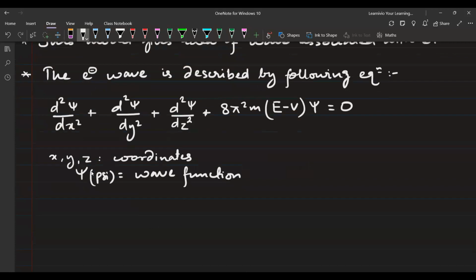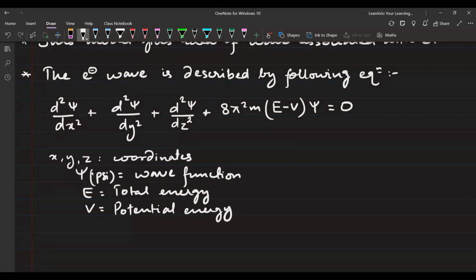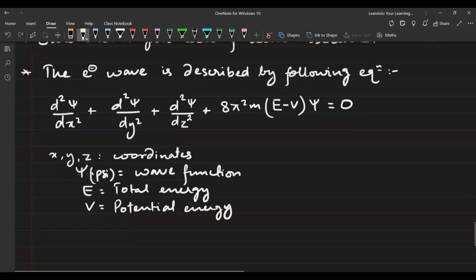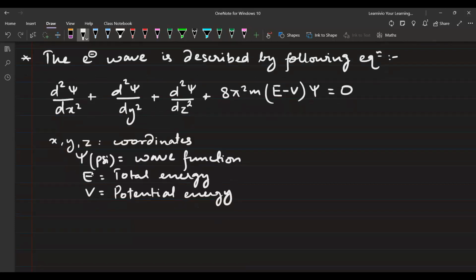Here E is the total energy and V it is the initial energy। Psi जो है यहाँ पे, psi is the amplitude of electron wave।